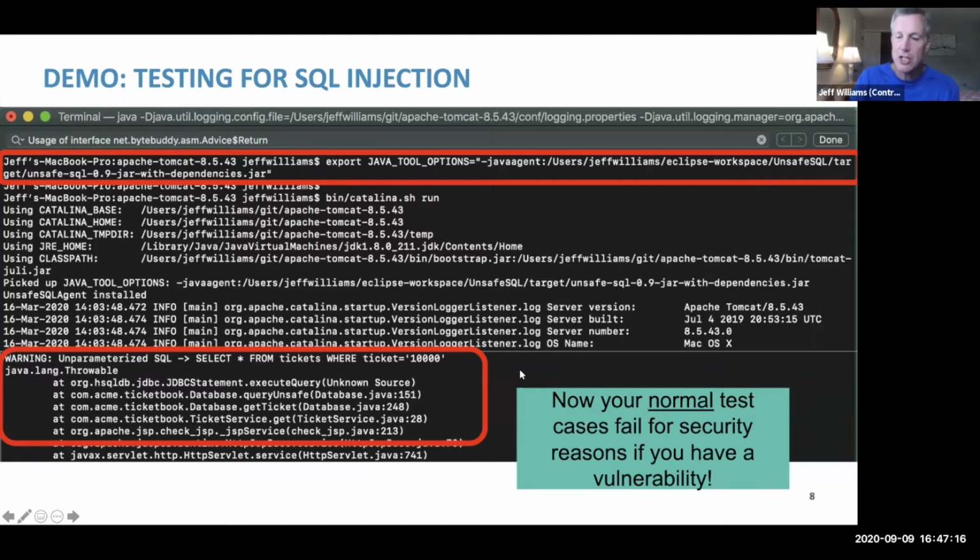So I want you to imagine how this can change your development process. Imagine a developer is just sitting there doing their normal job, writing code and testing it as they write it. They'll get instant feedback on security right in their own environment, without having to run any scan, without having to get any pen test involved. They get feedback that they can use to replace this with a parameterized query that'll be much more secure. And if it's automated testing, now their automated test cases will fail. They'll fail their local build and they won't check that code in. They'll fix it and then check in clean code when it goes into source code management. So this is a way of shifting very far left using instrumentation.